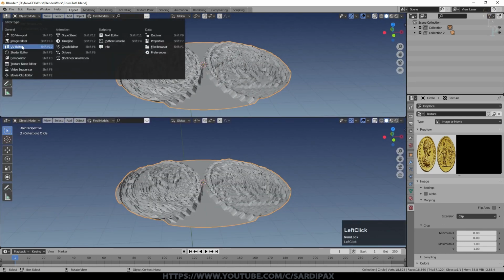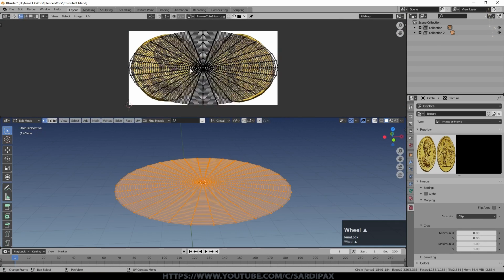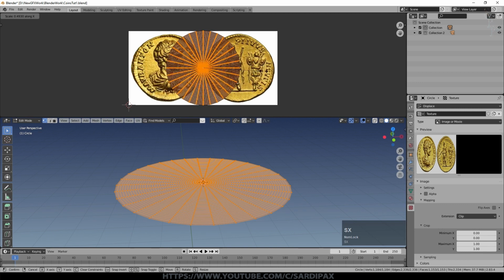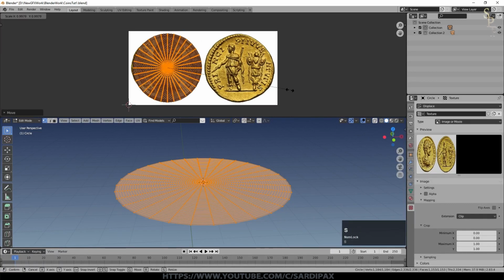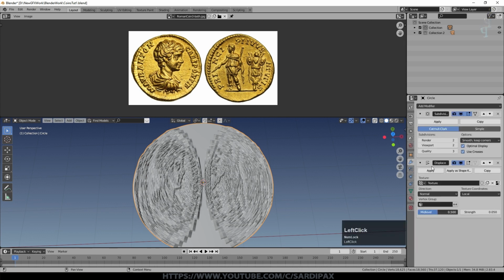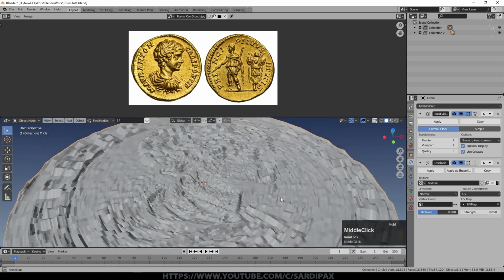So I'm going to open up the UV editor, and I'm going to load in that coins image. There's my coin, and you can see the UV map is stretched across both coins. So I'm going to select it all, scale on the X to begin with, and scale it down a little, and then just move it over one of the coin images. Perhaps slightly smaller. You want it slightly inside, and at the moment you can see it hasn't changed, and the reason for that is because we're not using the UV mapping yet. So if we go back to our modifier, under here we can say UV, and just make sure it says UV map, but there you go. You can see our image is starting to show now.